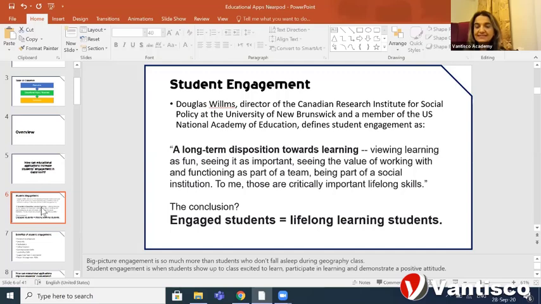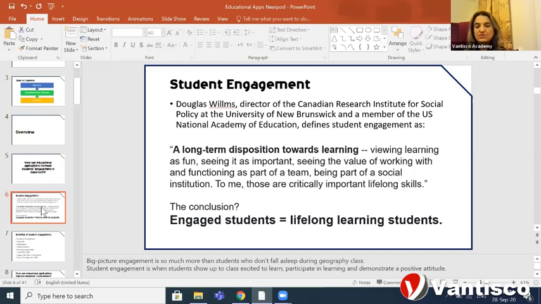Still, they need specific applications to keep the students involved during the lesson, excited, happy and willing to